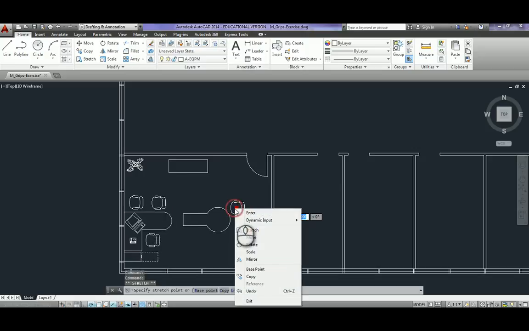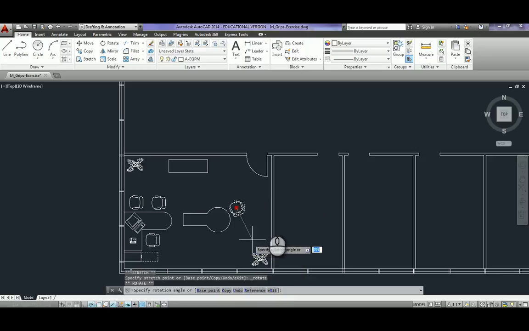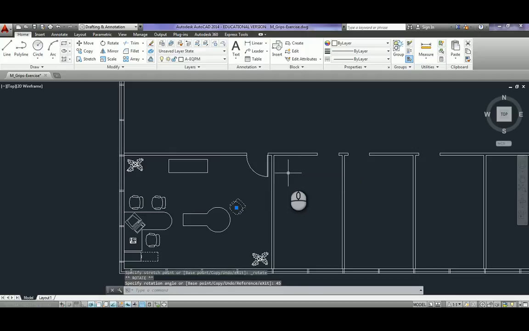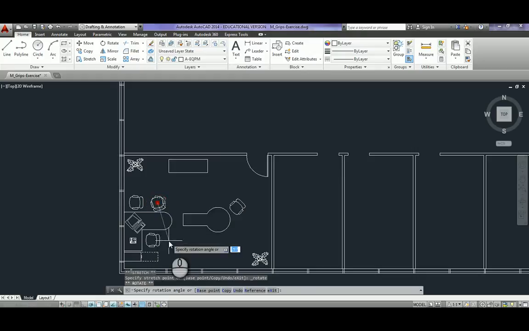So let's start with this one. You go over here, press rotate. You'll notice how many degrees you need to move it. It's going to be 45. Press escape. Now you need these chairs to turn 90 degrees, so you go rotate 90, rotate 90,